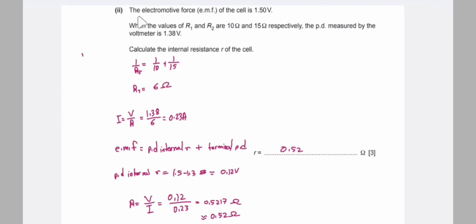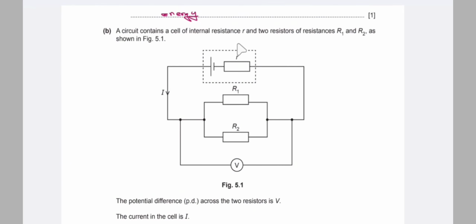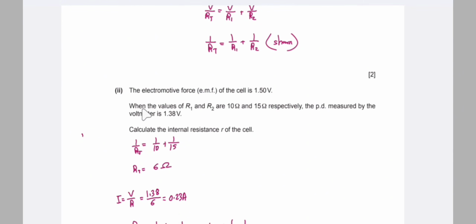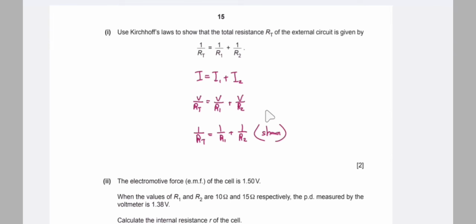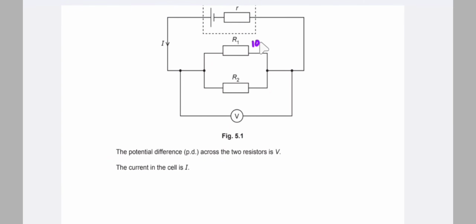In part 2, the electromotive force, EMF, of the cell is given. The EMF of the cell is 1.5 volt. When the values of R1 and R2 are 10 ohm and 15 ohm respectively, that is R1 is 10 ohm and R2 is 15 ohm,